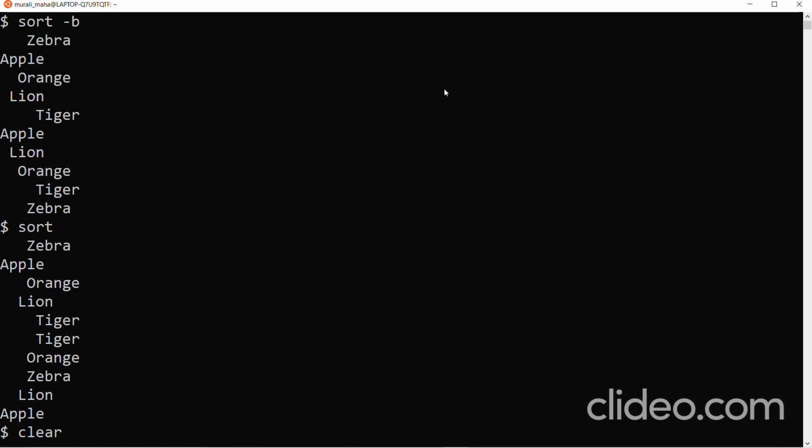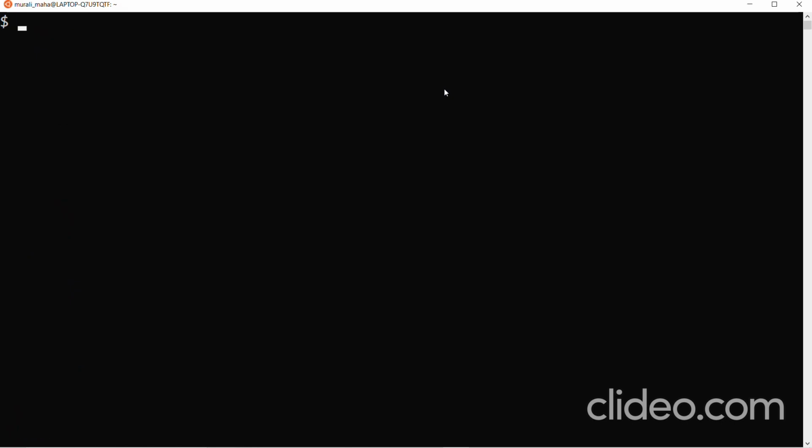Next, -d, sort based on the dictionary order, which is again the ASCII order. So sort -d. I'll give some input.